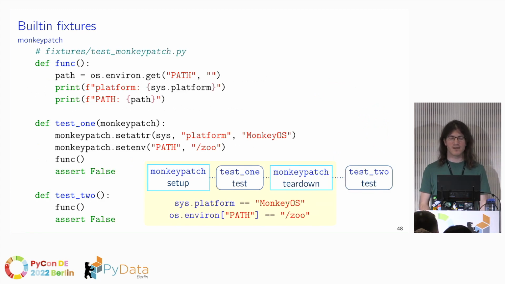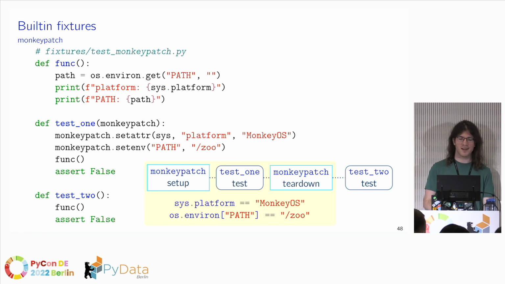So let's look at an example for Monkeypatch. We have a function here which gets the current path environment variable, gets sys.platform, and prints both. And then we have two tests. The second one just calls this function without any patching. The first one uses PyTest's Monkeypatch fixture, again by just having it as an argument to this test, so you don't need to import this from anywhere. You just have a test with the monkeypatch argument, and then it calls setattr and setenv to patch sys.platform to monkeyOS